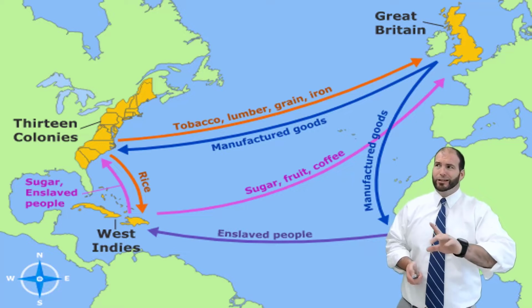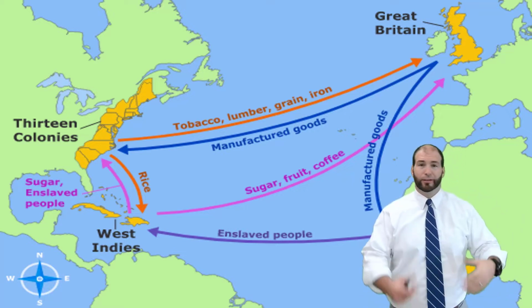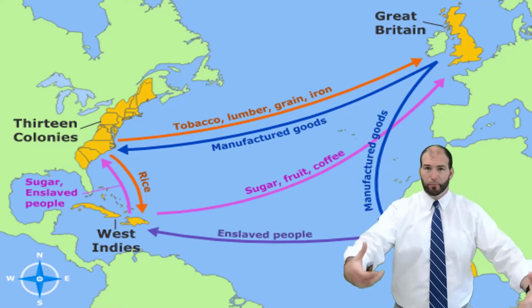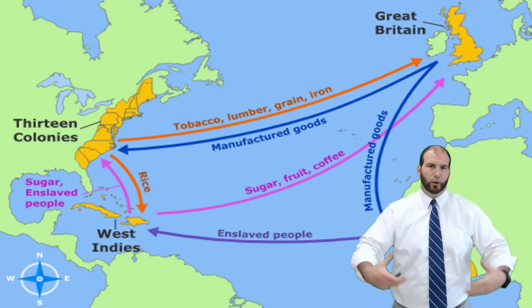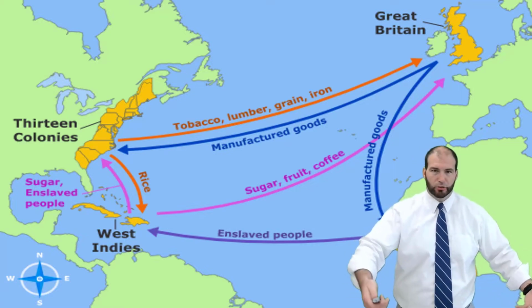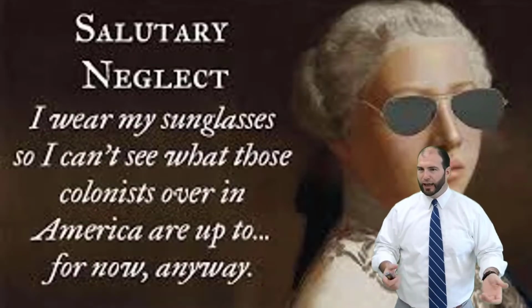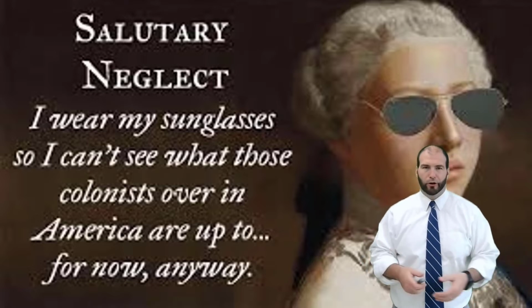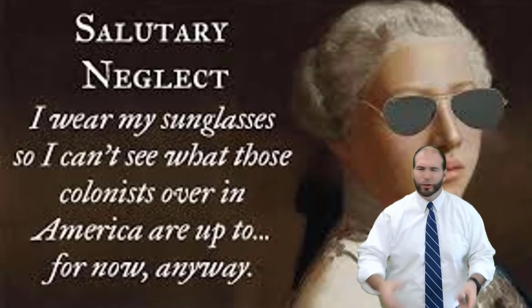England realizes it's actually cheaper to not enforce this law, all right, because they have to send their whole navy over. It would cost them more money to stop the colonists from breaking these rules than it would be to enforce it, because the navy cost a bunch of money. So because of this, England just blatantly allows America, or the colonies at the time, that would be called America here for this course, to just do whatever they wanted, more or less, within reason.